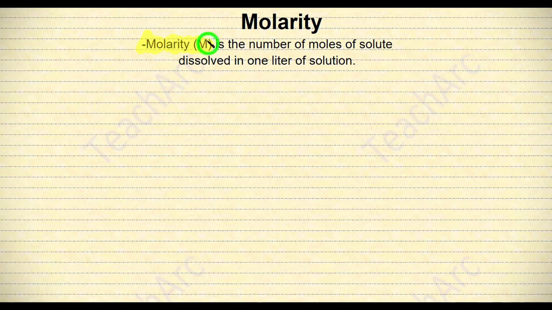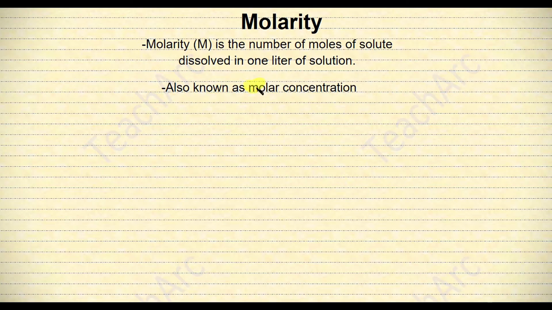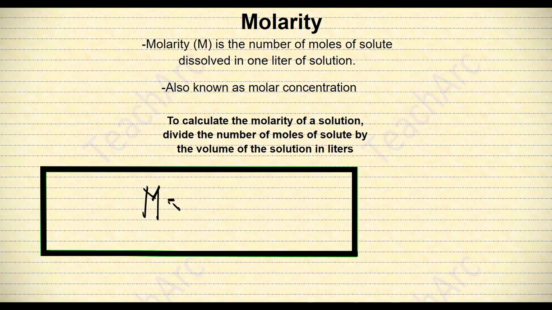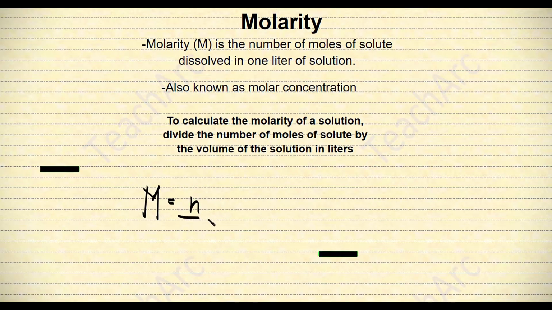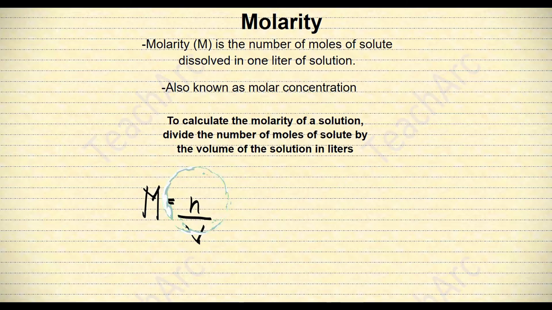Molarity, represented by capital letter M, is the number of moles of solute dissolved in 1 liter of solution. Molarity is also known as molar concentration. To calculate the molarity of a solution, divide the number of moles of solute by the volume of the solution in liters. Mathematically, M is equal to N over V, where M is molarity, N is the number of moles,